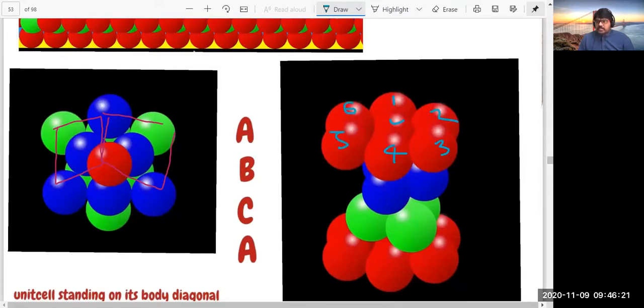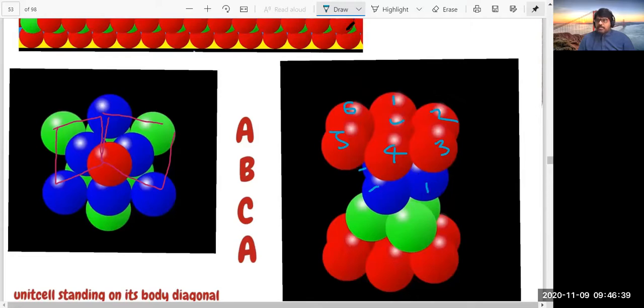And 3 particles of the next layer. You can see 6 completed here. This is the 7th one, this is the 8th one, this is the 9th one.